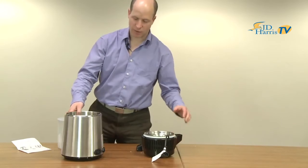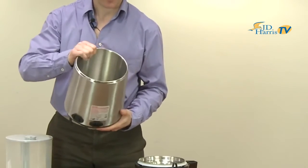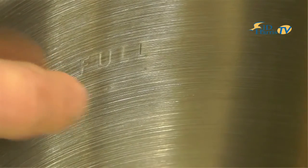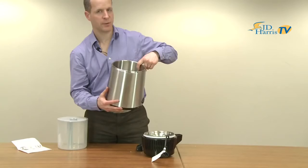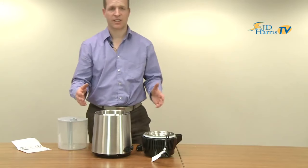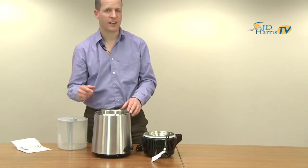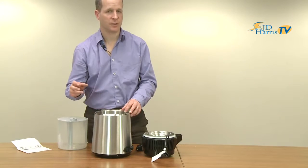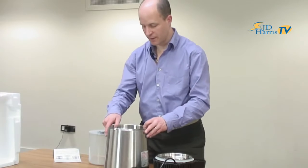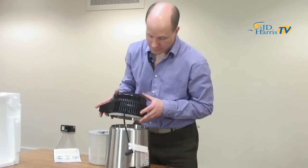Next up is how to use the distiller. So what you'll find is on the inside, if you look around, you'll see the word full with a line just below that word. So you fill it up to the line that's just below the word full with ordinary tap water. Now normally a distillation can take sort of 4 to 6 hours, but if you want to reduce the time, you can actually start with hot water. So if you just use hot water from a tap, you'll probably take about half an hour to 45 minutes off your distillation time. So once it's filled with water, you simply put the top on,